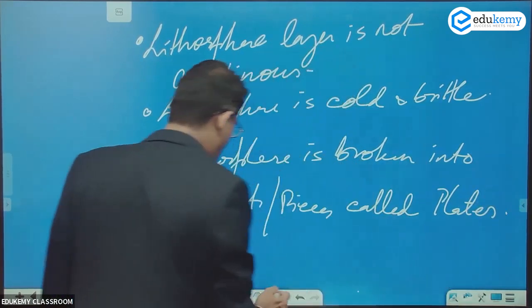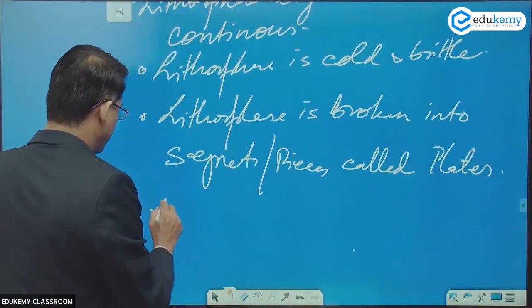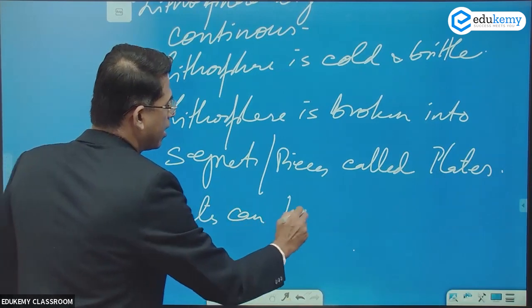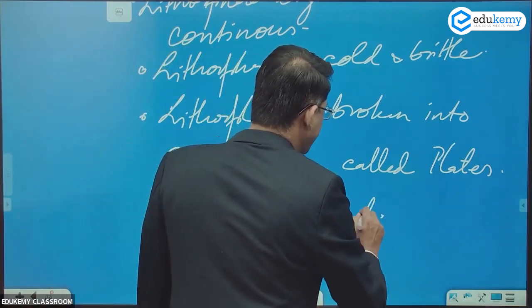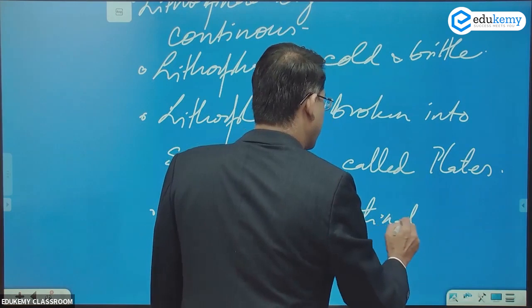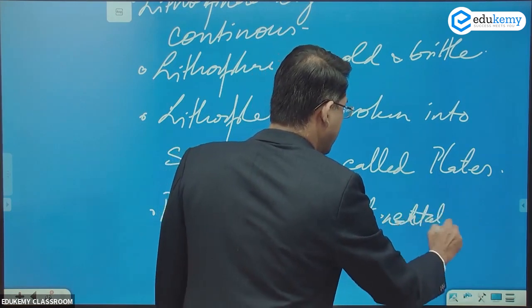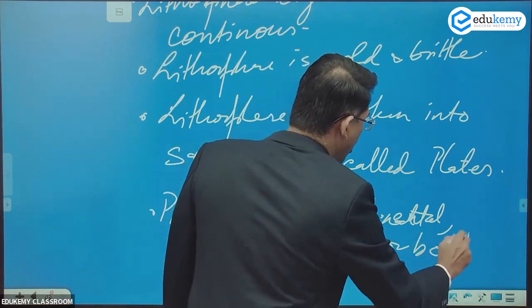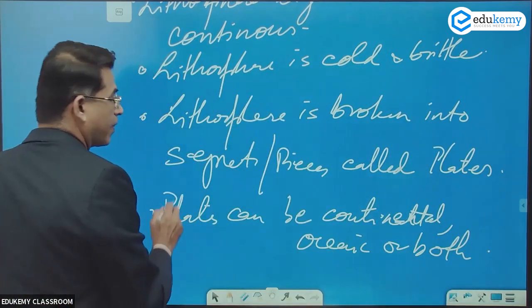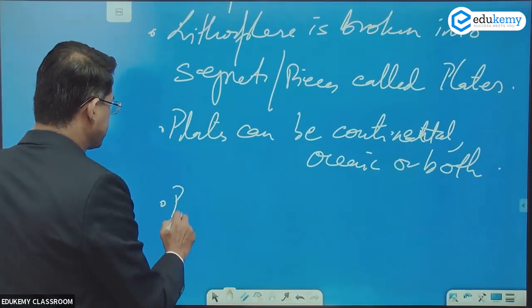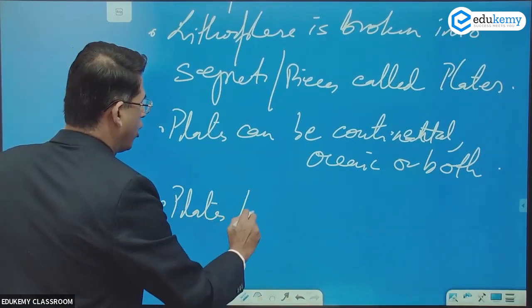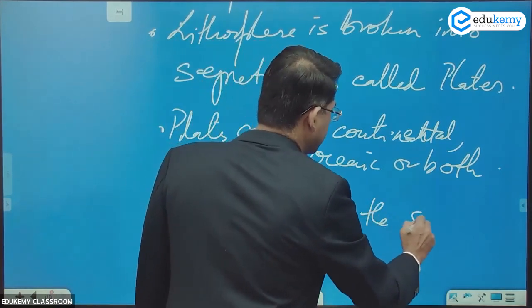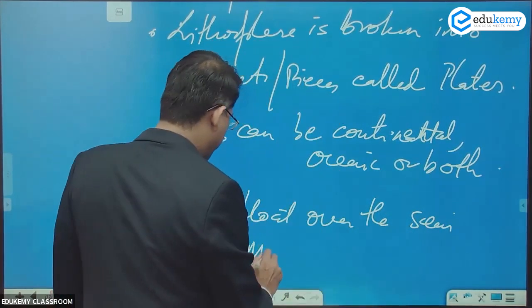The plates can be continental, can be oceanic, or both. And the plates float over the semi-molten